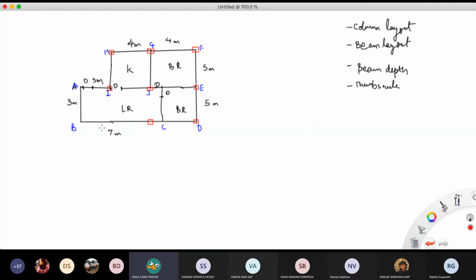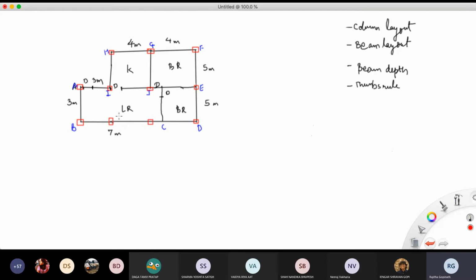Now I'm not sure about A, B, and I wala part because it's 3 meters. So I know we can span it a bit more than 3 meters. So I'm not sure about this, but it could be maybe A and B as well, and there could be a column just below I. A and B as well, yeah, and I. Just below I, maybe. I'm not sure. Just below I. You mean one here? Yeah, but I'm not sure about this one. This wala na? Yeah. Okay, ठीक है.